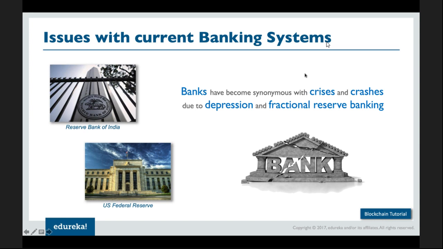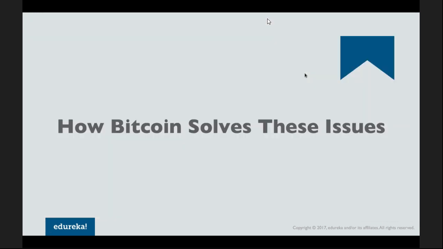Those are actually those concepts. They are part of a full-length course that Edureka offers in regards to Bitcoin and blockchain. But for now, just keep in mind that the first thing that Bitcoin solves is the elimination of the centralized power, or the centralized authority that traditional currencies have, because this centralization gets distributed to everyone, whoever is a part